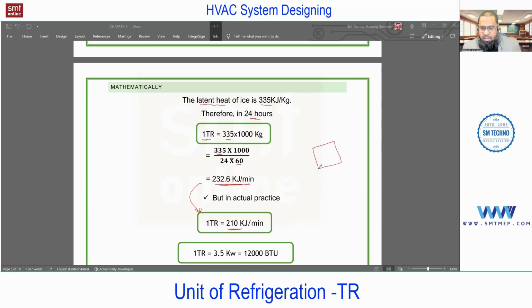So what are you getting with this? It means, for example, consider this is a room. In this room, if you want to produce 1 ton of cooling effect, what can be the rate of heat extraction? 210 kilojoules per minute. If you are using any equipment in this room, and you want 1 ton of cooling effect in the space, the rate of extraction should be 210 kilojoules per minute. So if you extract heat at a rate of 210 kilojoules per minute, one can expect what? 1 ton of cooling. Similarly, if you want 2 tons of cooling, then